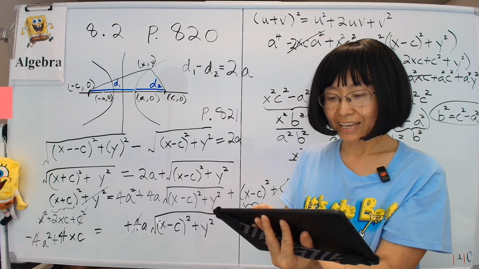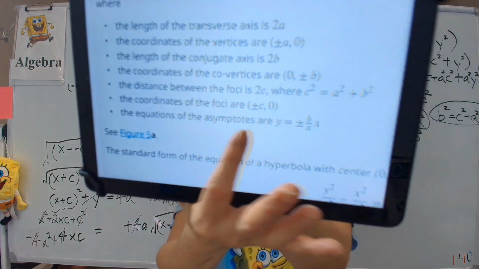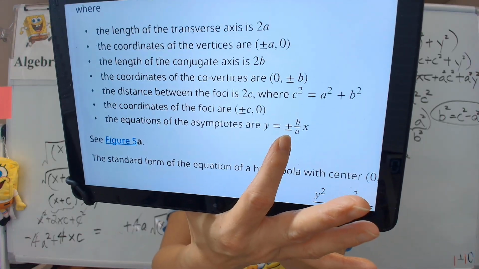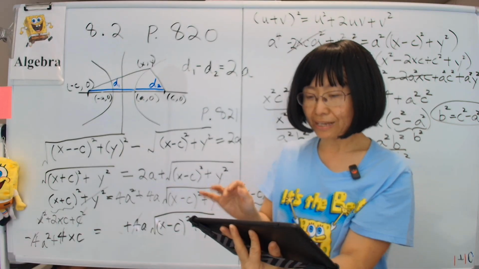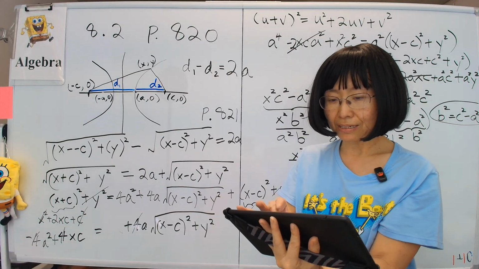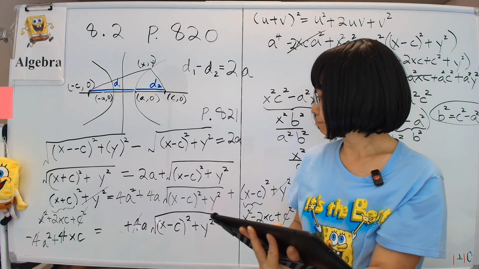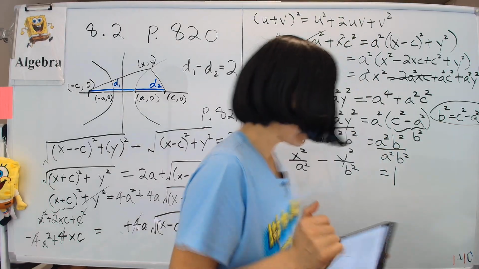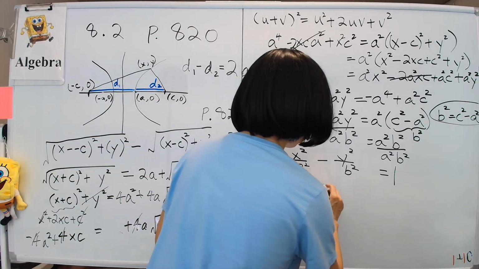asymptotes. Okay, and the asymptotes are given by y equals plus or minus b over a times x. Now why do they have asymptotes? It's because, let's look at the following page, 822. Yeah, so I think I'll write that down here. Look at page 822,